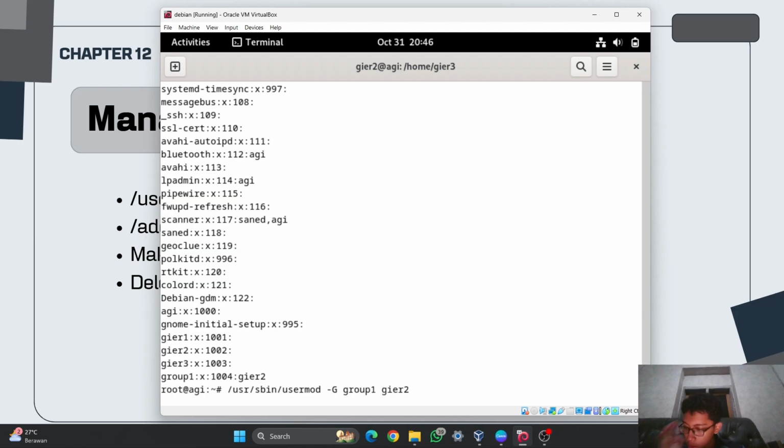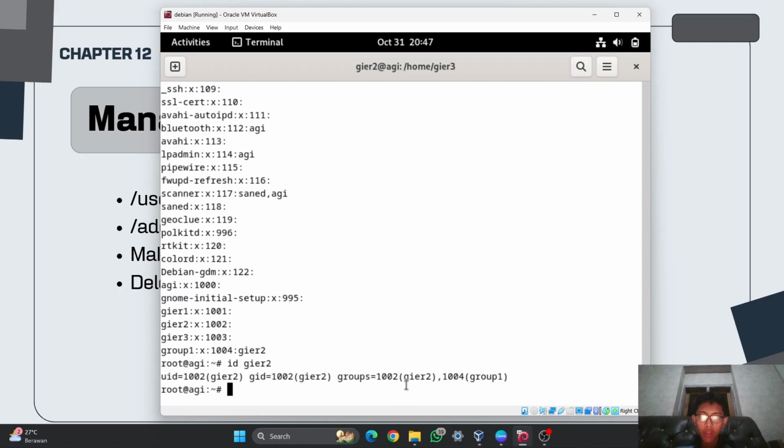Wait, I want to check group1 using, sorry guys, oh, to check the GR2 groups, I want to check it using id and then the name of the user, which is GR2.